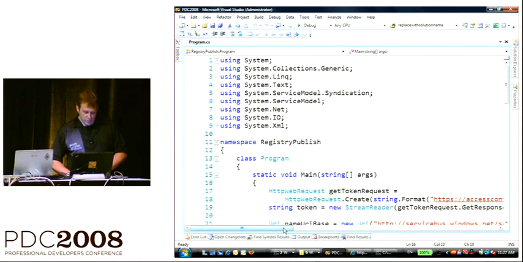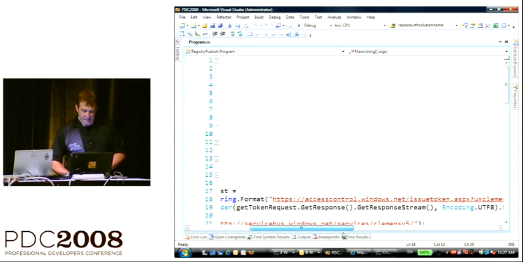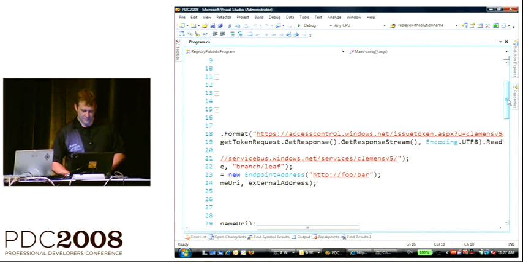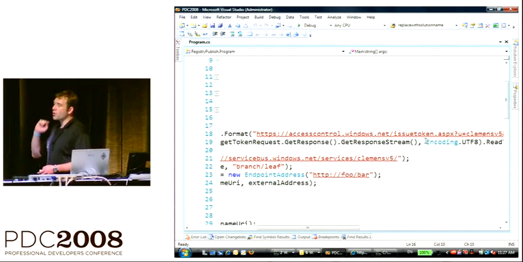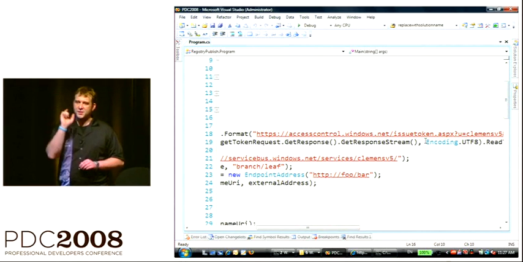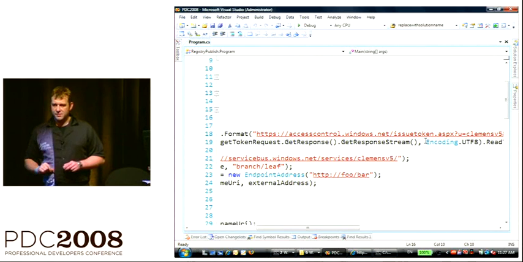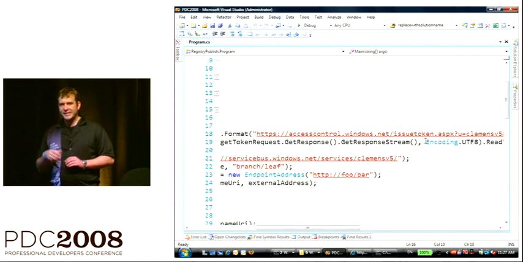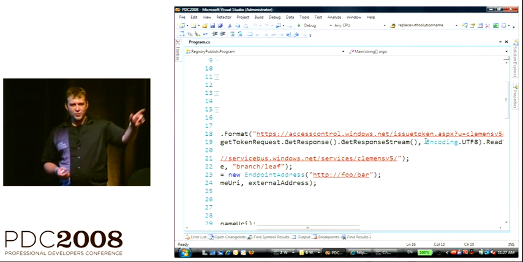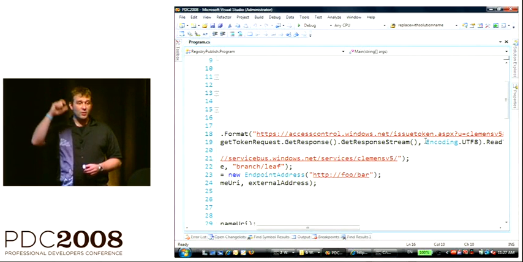So what we do here is we go to accesscontrol.windows.net/issuetoken for Clemens v5, and the password is, I'm not going to show you. So we go there to get a token issued. This is the REST path. What you're getting out of this in the REST path is a little base64 encoded reference that references a token that's kept by the access control server. It's issued to you, but it's put into storage, into volatile storage actually. They're giving you the token, and you come with that token back to us, and we're looking up that token for you so that it's small.